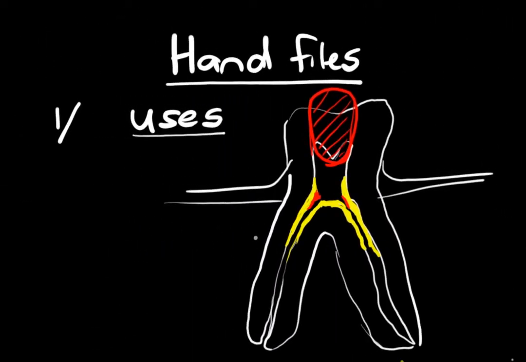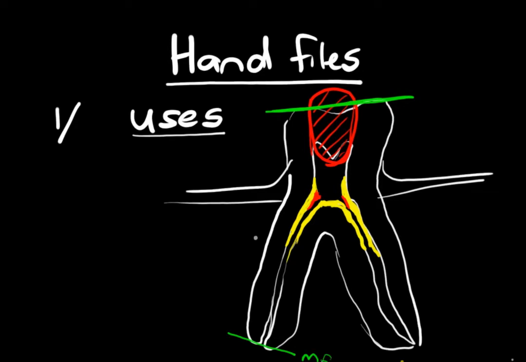So once you've found your canals, you've followed your canals, and you've got a glide path, somewhere in those find, follow and glide, you would have been working on getting working length. Working length is defined as the distance from a reference point in the coronal aspect of the cusp region here to the minor foramen here. And I need to define minor foramen,